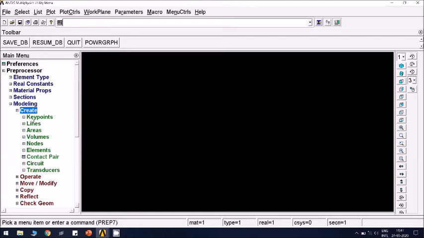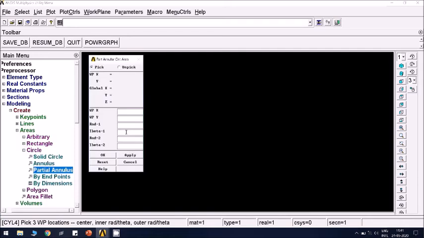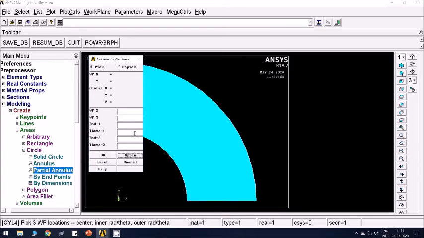Go to modeling, create areas, circle, partial annulus, because we want only a 90 degree sector of the annulus circles. So go to partial annulus. For radius 1, the innermost radius, you have to enter 0.025, theta 1 is 0, radius 2 is 0.05, theta 2 is 90 degree because I want a 90 degree sector. Click apply, it creates an annulus circle.